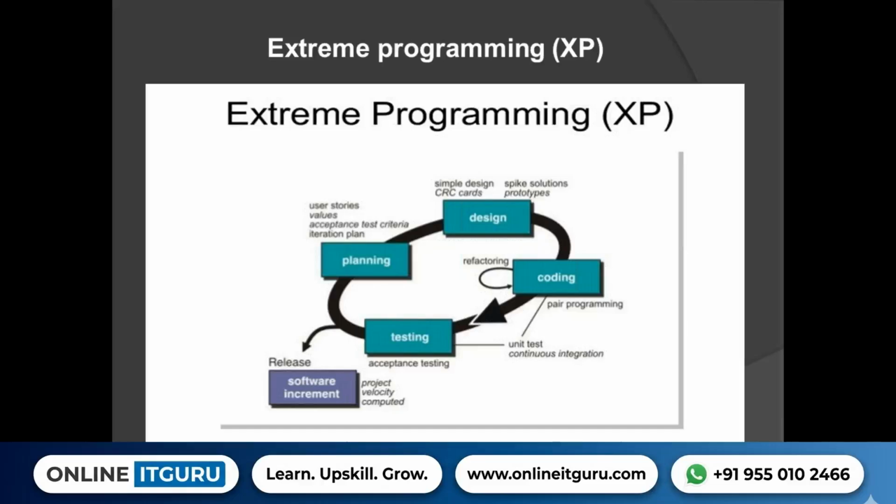The first one is planning the game. Planning the game is nothing but, here whatever requirements we have gathered, we are going to write in the form of stories, which are known as user stories, and we need to give prioritization to these user stories. So whatever requirements you gather, we put them in the form of stories. For example, if you are gathering requirements related to login, then we put this requirement in the form of a story.